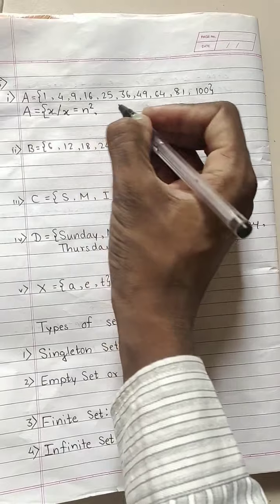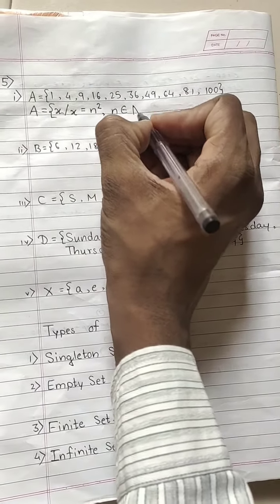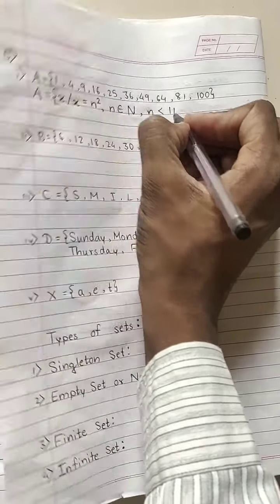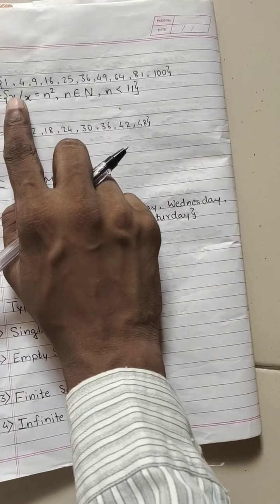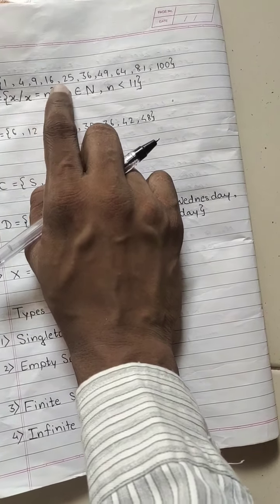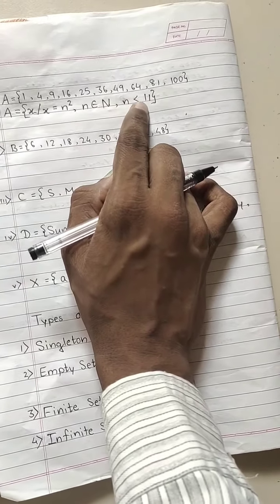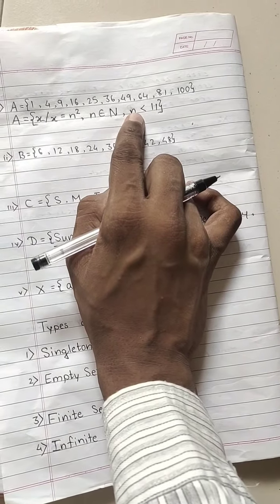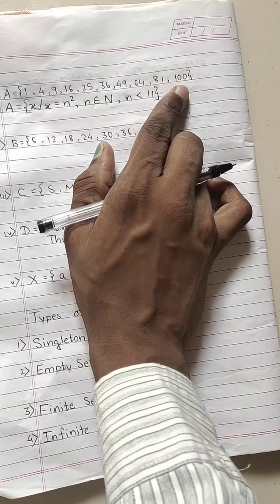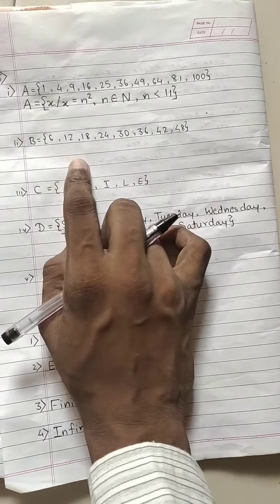Okay, now let us say something about this n. This n is basically what? Natural number, and less than what? 11. Okay, so by this we can see x is equal to n square, means your numbers are square, and square of what? Natural numbers, and those natural numbers are less than 11. Yes or no? 10 square is there, na, last number, so less than 11. So similarly you can write this one also.